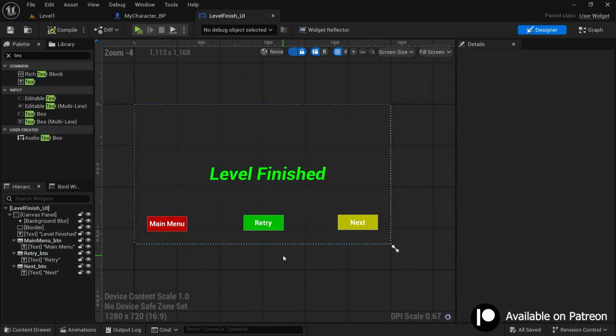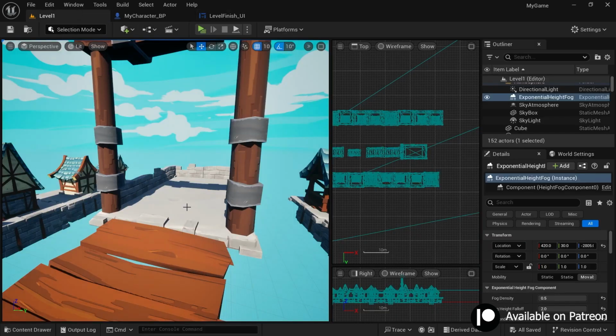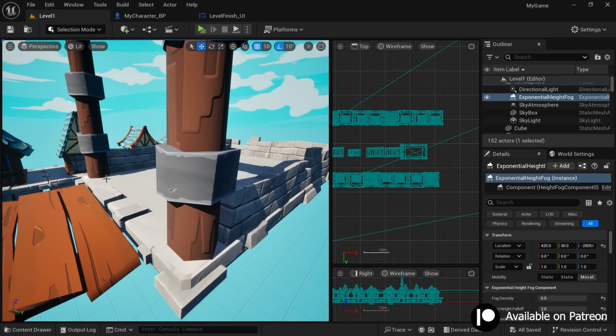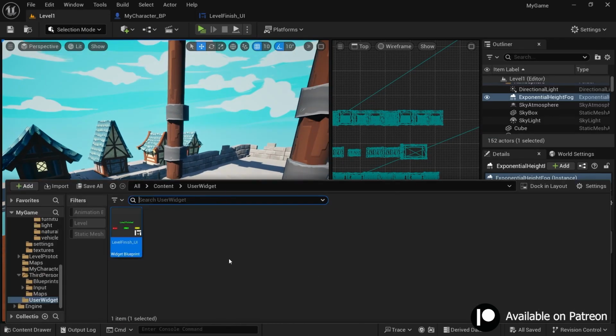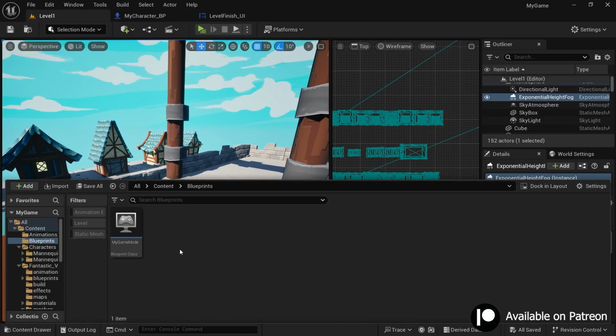Alright, so now we are done with designing this UI. And now when our player crosses this finish line, we want to display this UI to the player. Now there must be something that triggers when we cross this finish line so that we can show this UI to the user. So for that, go to your content browser and go to any folder, then right click and